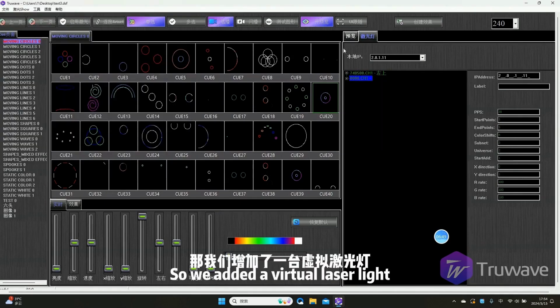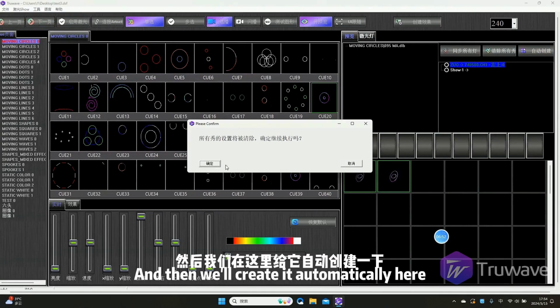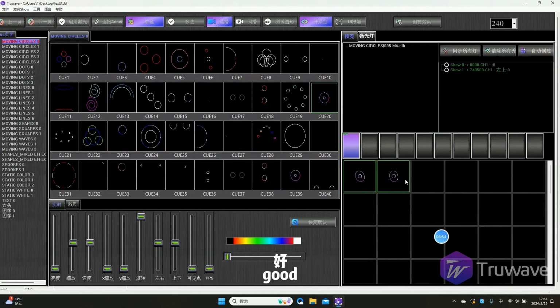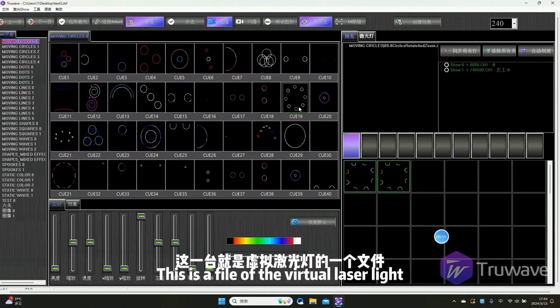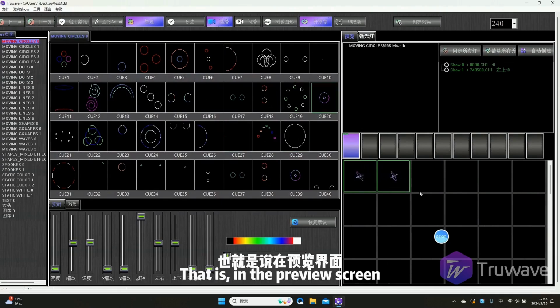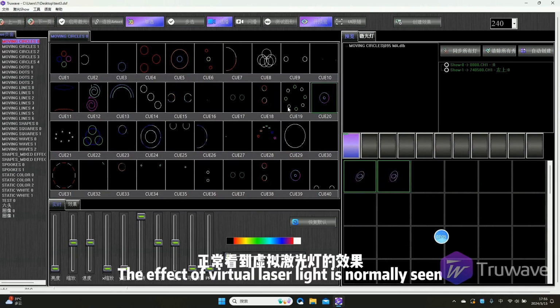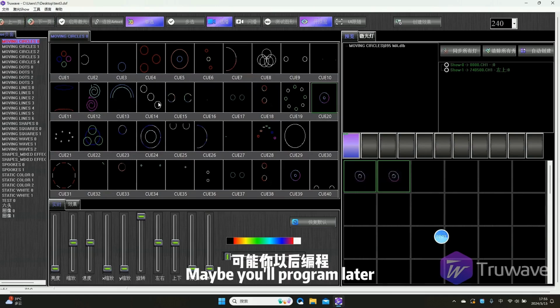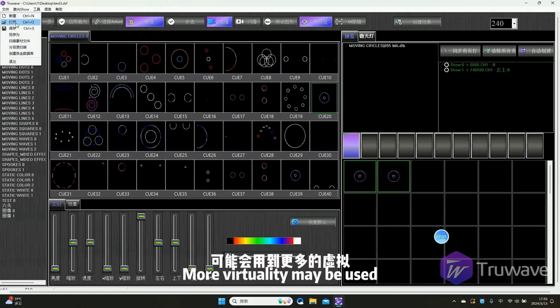Originally, there was only one. Now we will automatically create it here. This one is a file for the virtual LaserLight, and it can also be controlled normally. In other words, in the preview interface, we can normally see the effects of the virtual LaserLight. This is beneficial as you may use more virtual machines in your programming later, so just take a look at